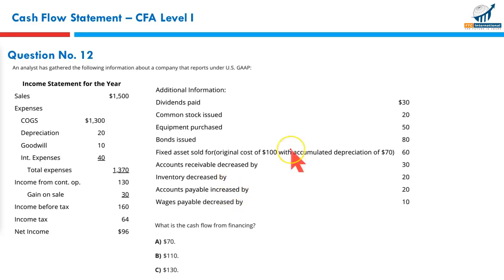Alright, next, again, when you find a longer question, it's always recommended you look at what is required. We need cash flow for financing. That means any cash from share issue or bond issue, or any redemption of shares, or any payments of dividends. These are all financing inflows and outflows. Dividend paid, yes, it's a financing outflow. Common stock issued, it's a financing inflow. Equipment is investment. Bonds issued, it's a financing inflow. And the rest of these relates to operation. And that's all. And that's how you extract your information from the given data. Save your time, select the right option, and move on.